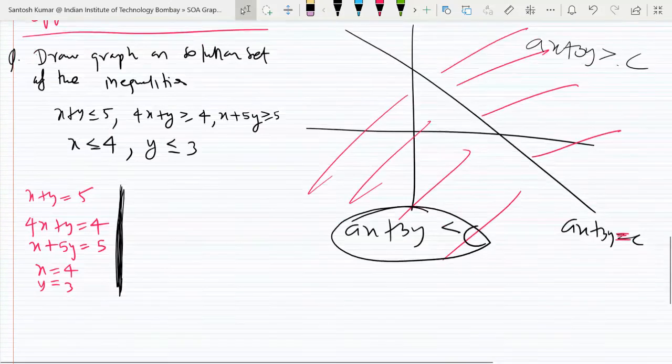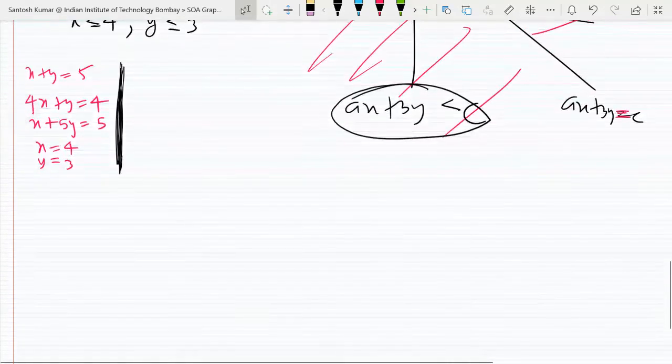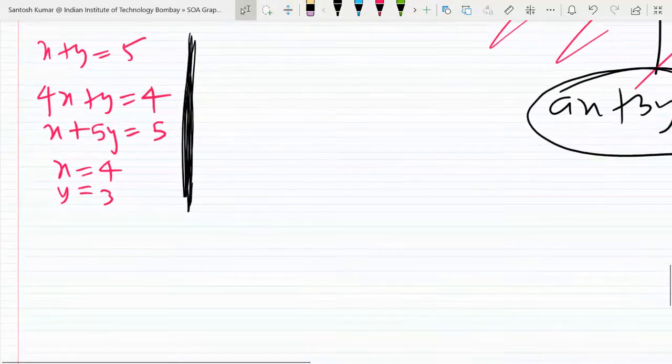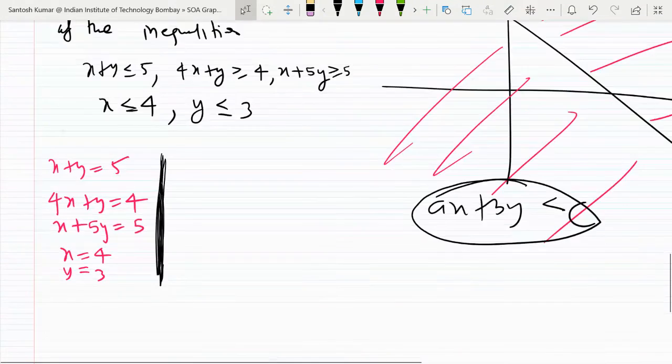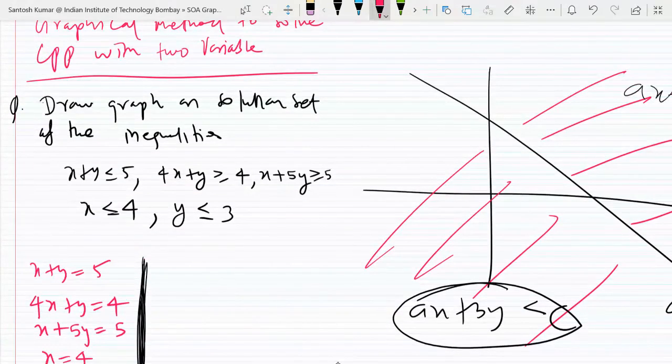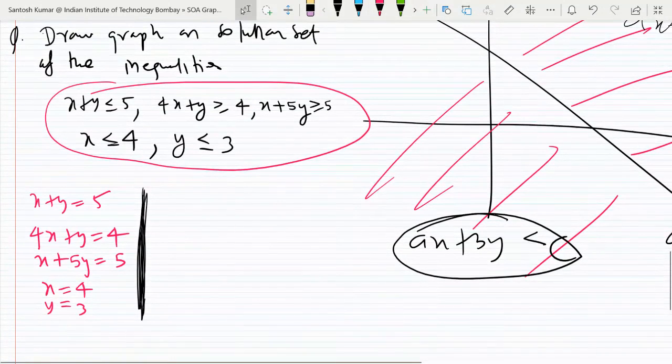So you may draw lines on your notebook. Draw these lines, and I may ask you the endpoints. So the question is this. We have to find the common solution of these inequalities. To get the solution of these inequalities,